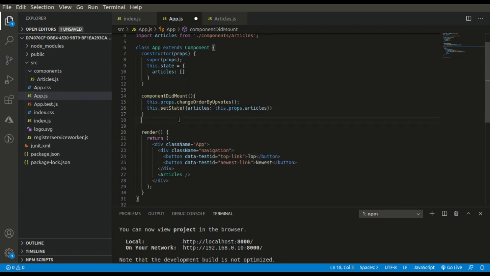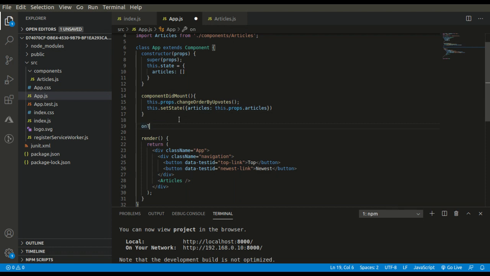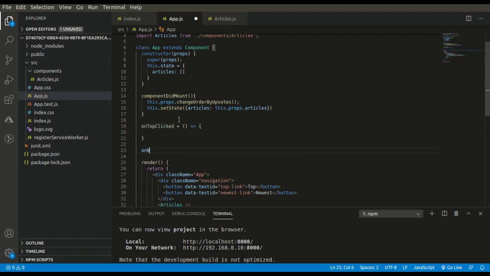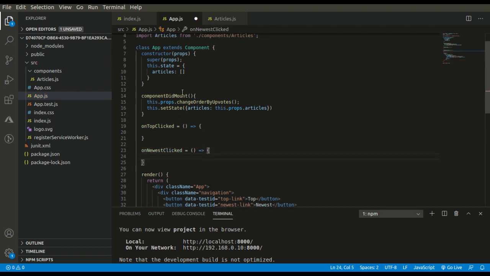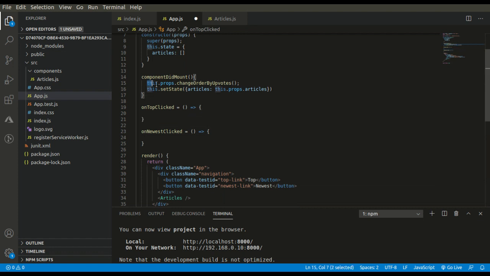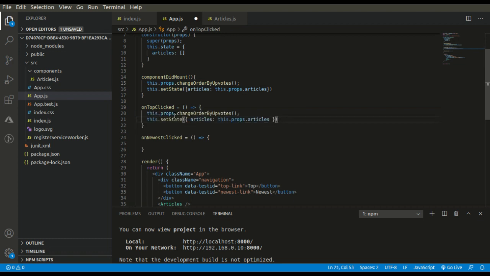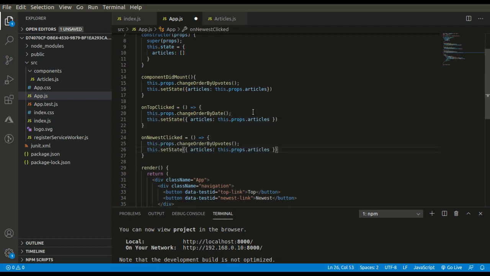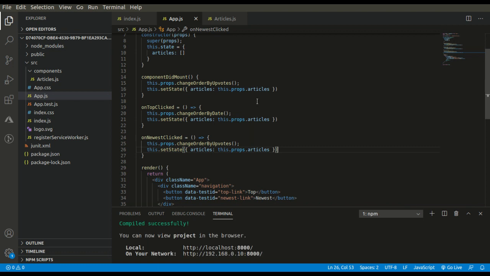Cool. Now let's make two more functions. Let's make onTopClicked and onNewestClicked. Here also, when we click our top button, we have to call the function in which we are sorting the array by date, and here by upvotes.